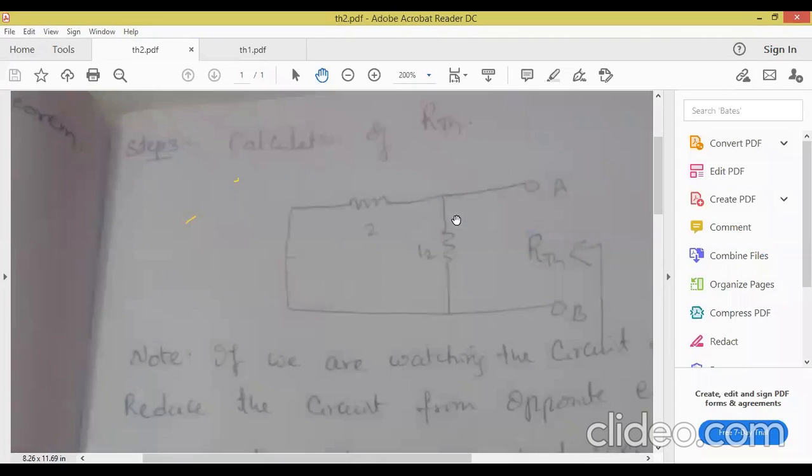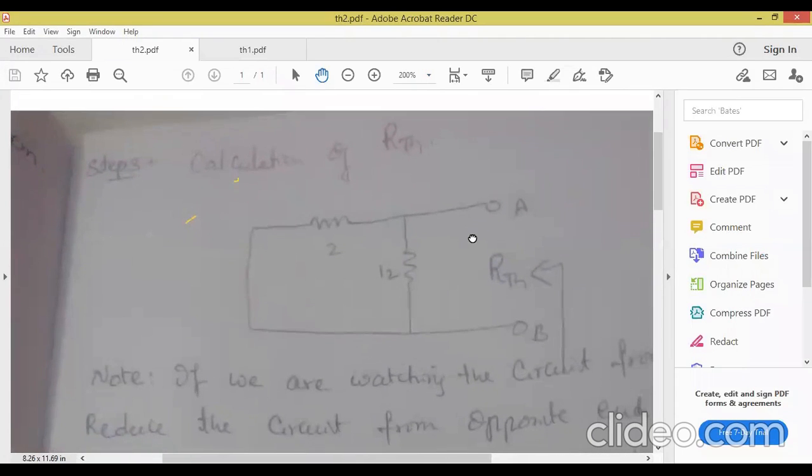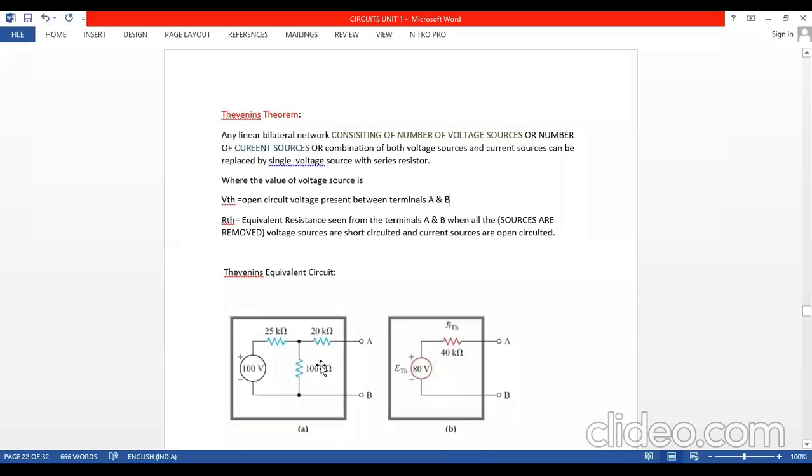Now I am going to step 3. What has Thevenin mentioned, all of you? Now all of you, just a minute. I am just sharing this circuit. If you see everything, you will be in a position to understand. Now, all of you, this is our complicated circuit. This circuit we have to convert to which circuit? A simple circuit. That simple circuit contains what? Tell me, all of you. Thevenin's voltage and Thevenin's resistance. Yes or no? Both are connected. Only 2 elements. Is it clear, all of you?